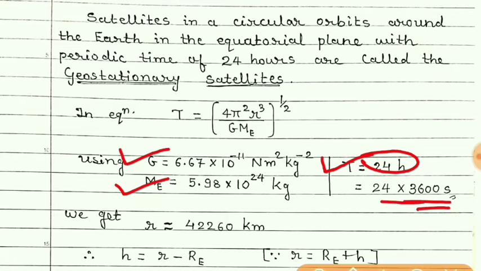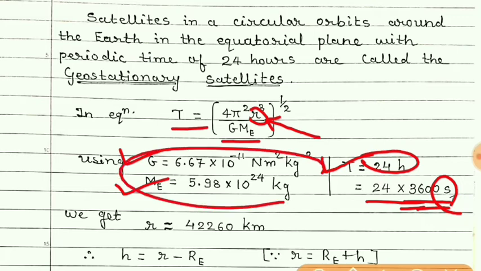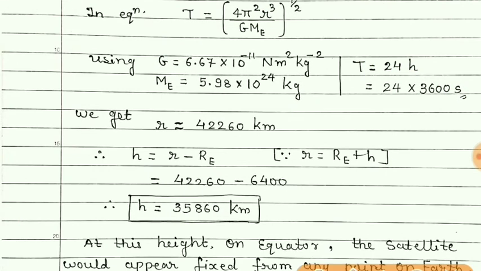So now this is converted to seconds. So what is unknown here? This r is unknown, the rest of the values are given to us. So just make small r the subject and put these values which are given here. You will get r equal to